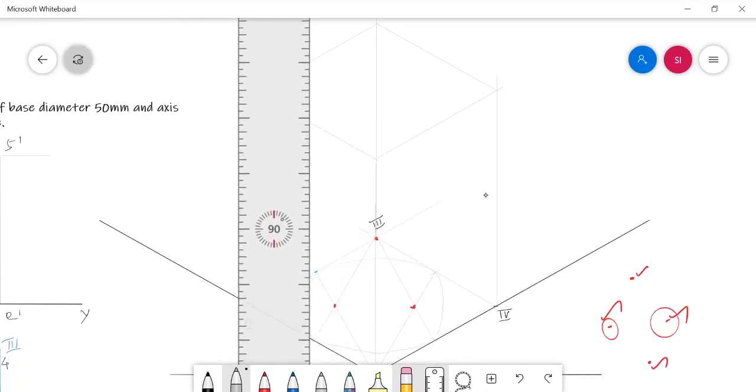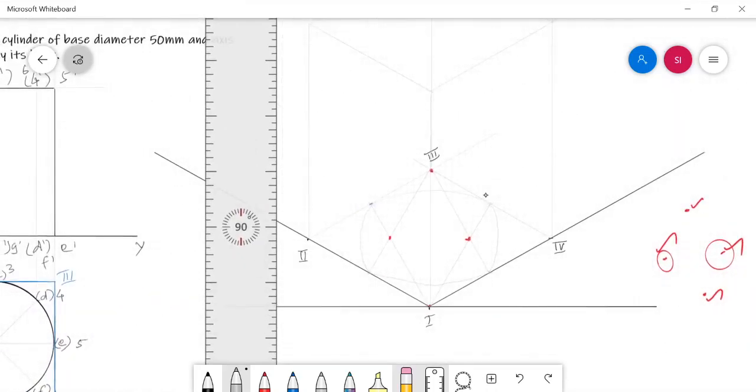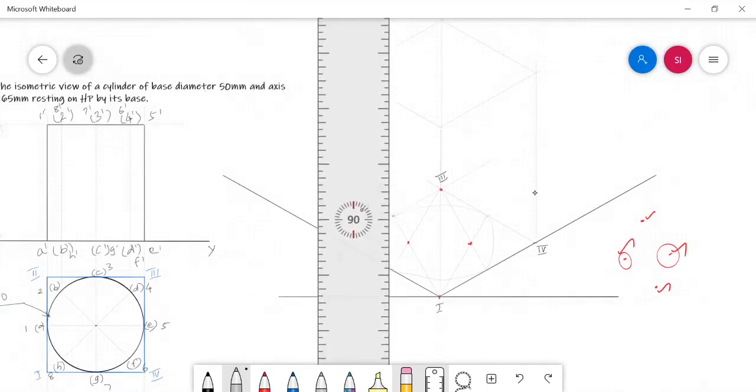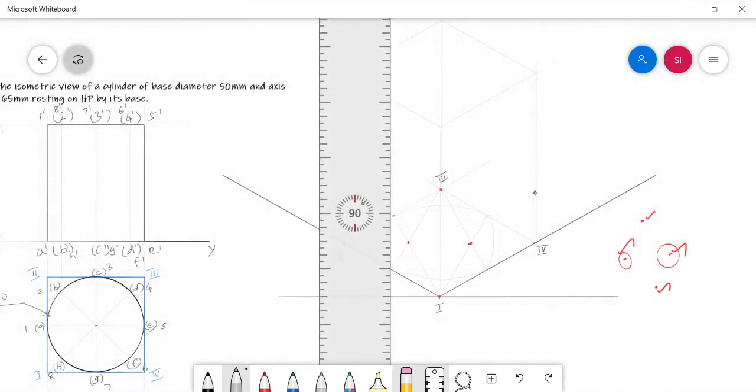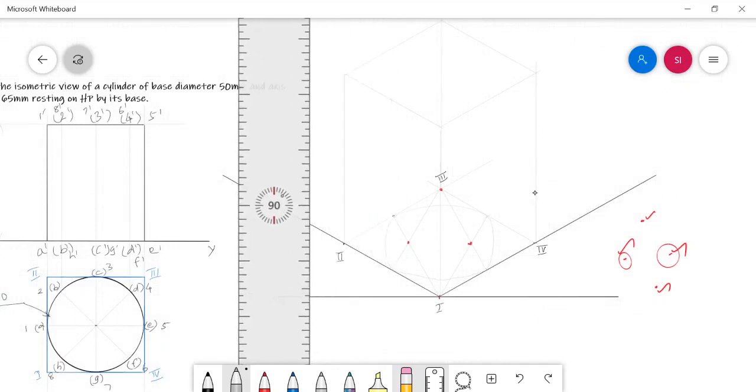See here, the center of line 1 2 is here. I am just simply projecting it in a vertical manner, and I can mark the center.